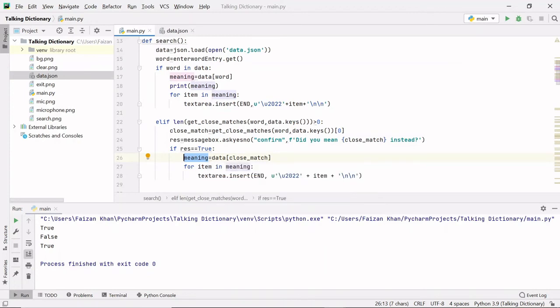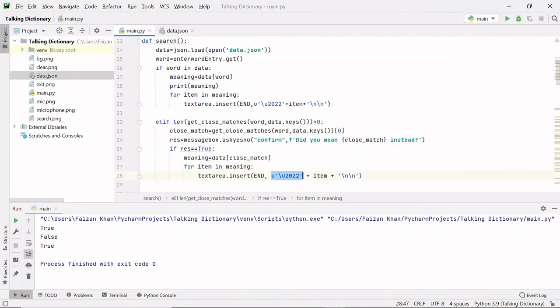This will simply be a list, like I already showed you here, and if you want to fetch the values of this list, you need to use a loop. So this item variable will simply store the value. If you have three meanings, the first time it will store the first meaning, and that first meaning will be inserted.